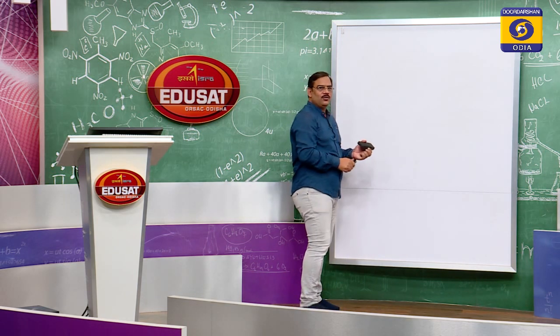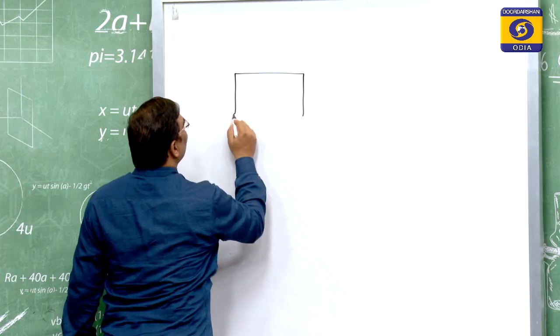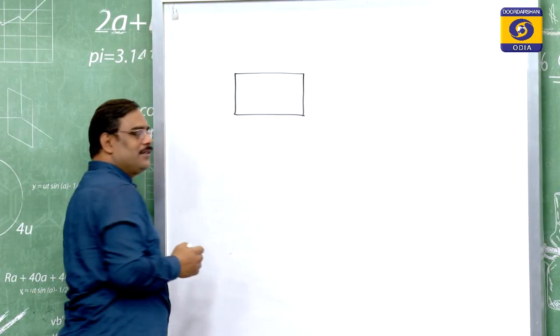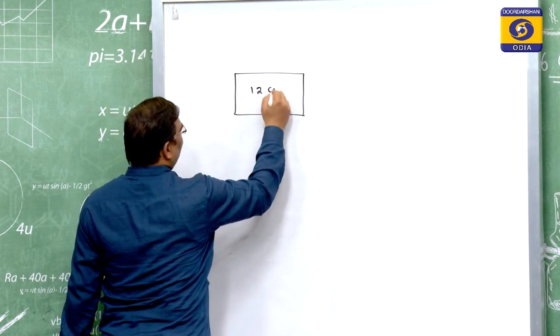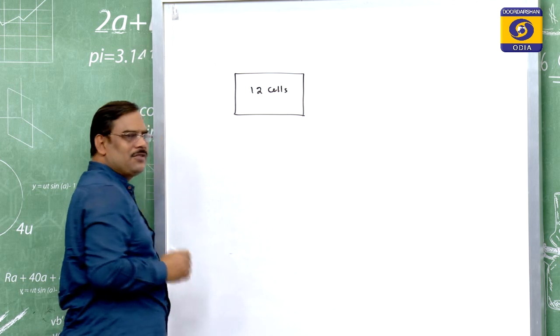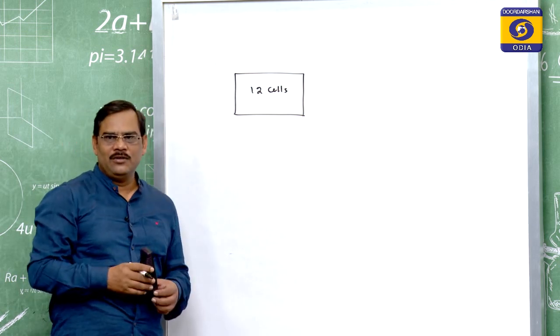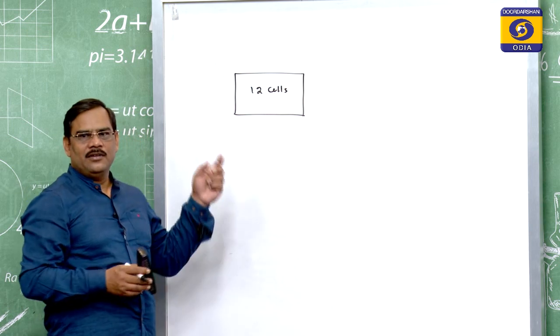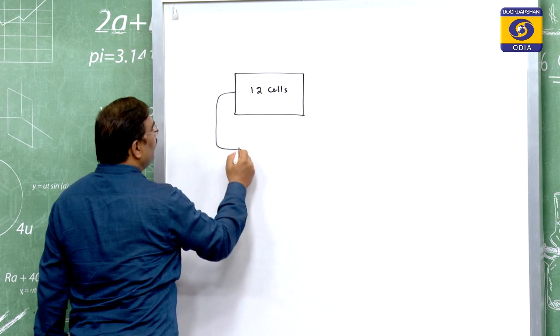So, suppose there are 12 cells in a box. This is a black box, we can say, inside which we do not know what is happening. Only there are 12 cells, and some cells are wrongly connected. What is the data given to us? If this is connected with two similar cells in series